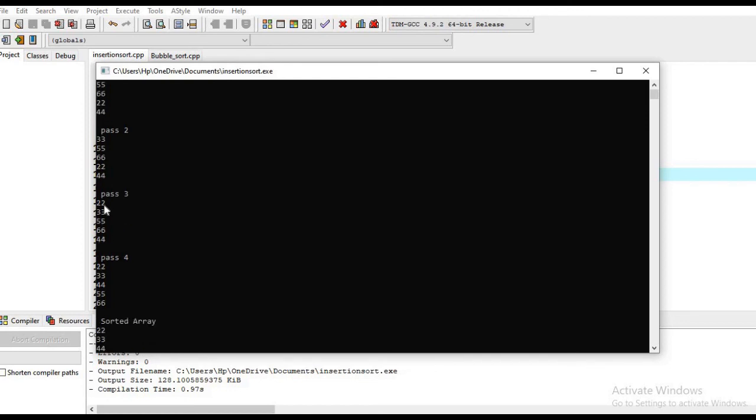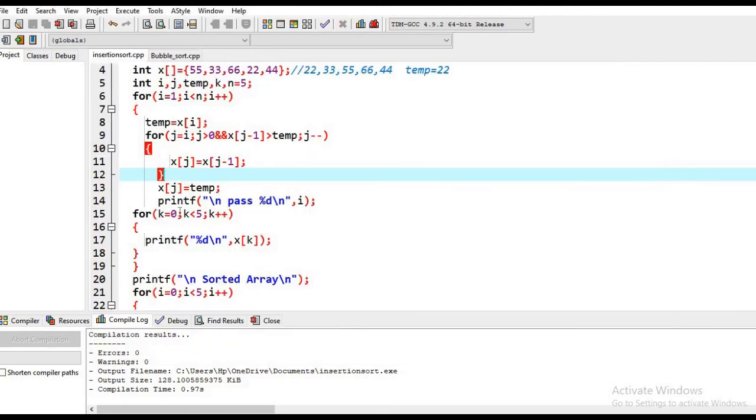In pass 3 you can see that all the elements 66, 55 and 33 are shifted downwards, and 22 is inserted at its proper location. In pass 4 also you can see that only 66 and 55 are shifted and 44 is inserted at its proper location, and in this way at last we get this sorted array which is 22, 33, 44, 55 and 66. So in this way we can see what is actually going on in each and every pass.